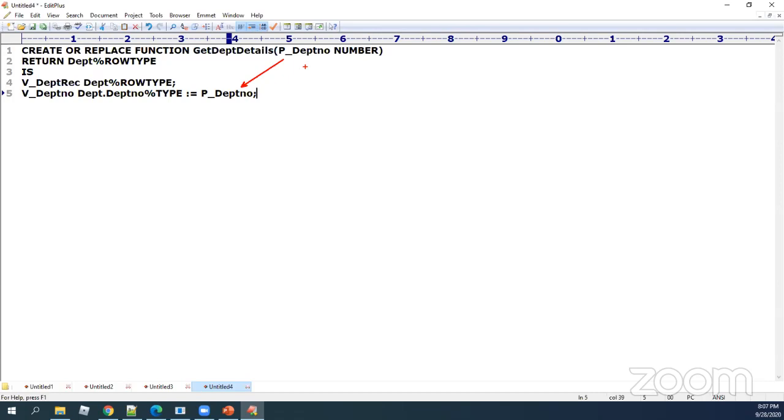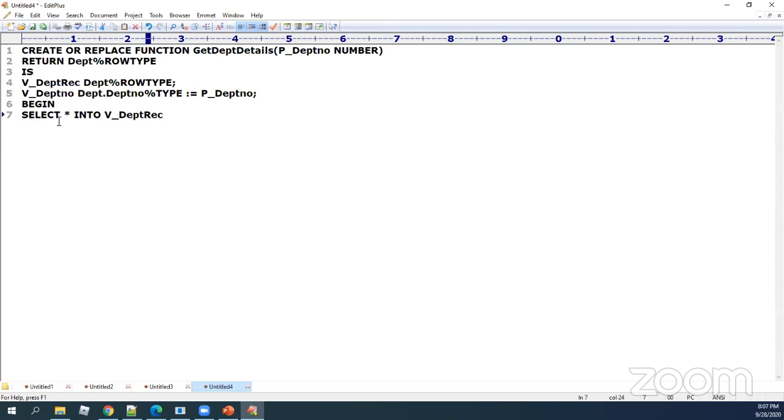So that specification parameter will now start operating to get me the data I'm expecting. I'm going with my begin, that I'm saying select star into v_dept_record.